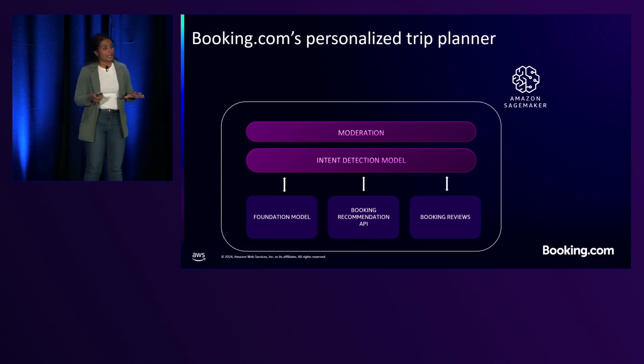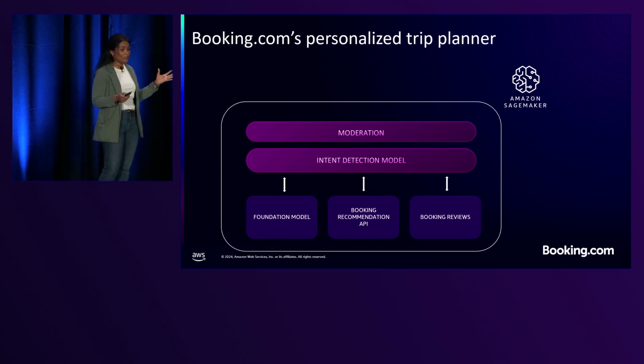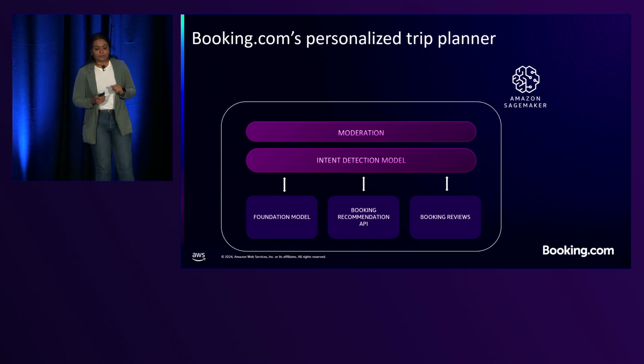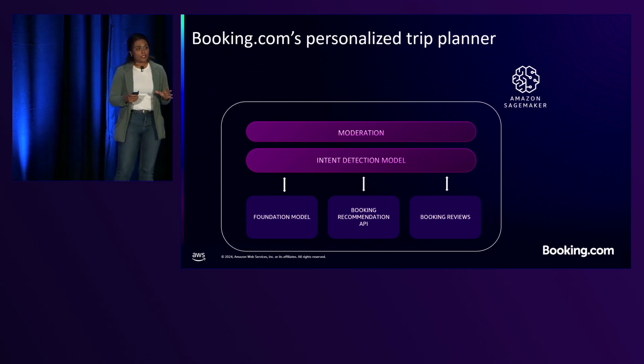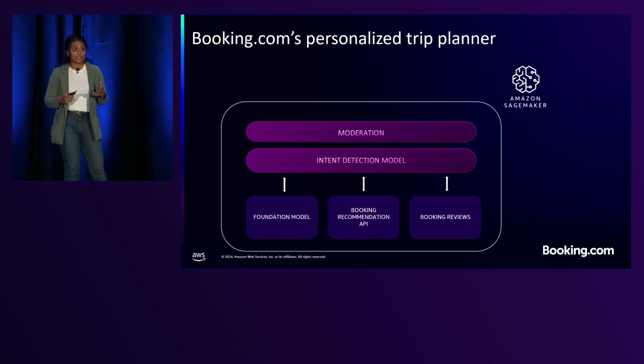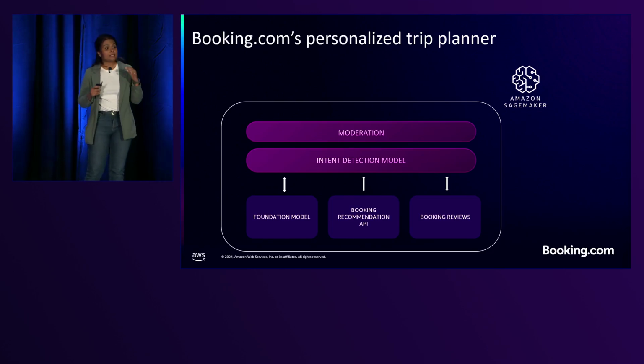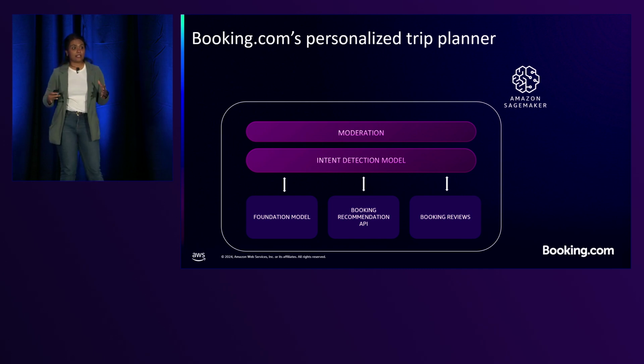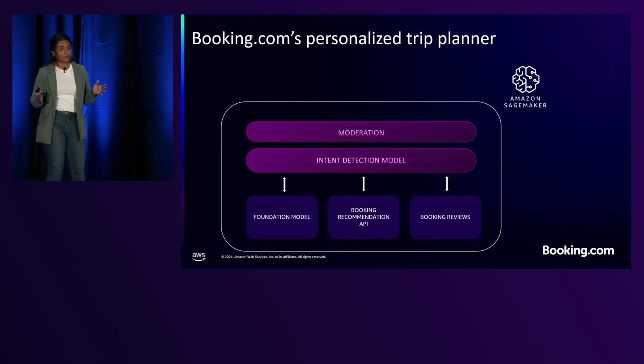Here's an example of a customer using fine-tuning, and that's my personal favorite now that we're in the December month of the year, Booking.com. So what Booking.com wanted to do is they wanted to build an AI trip planner that provides personalized recommendations to customers in a very conversational manner. They tried doing this, but they had several different latency, data, as well as infrastructure challenges in generating these type